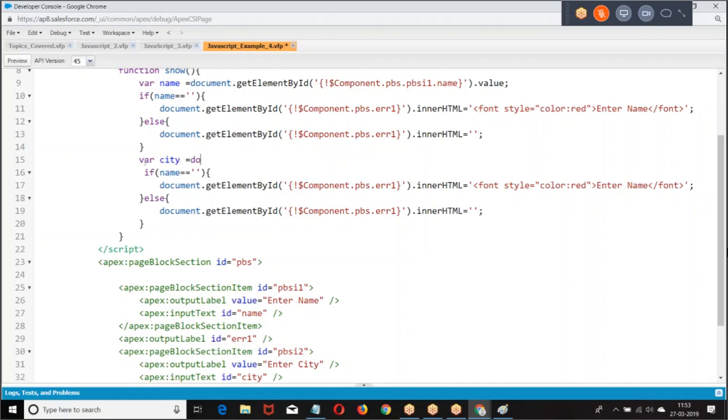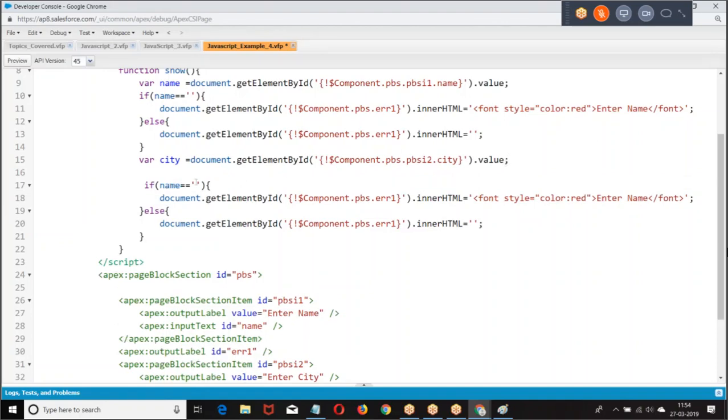Var city equal to document dot getElementById, Component dot page block section dot item 2 dot city, dot value.